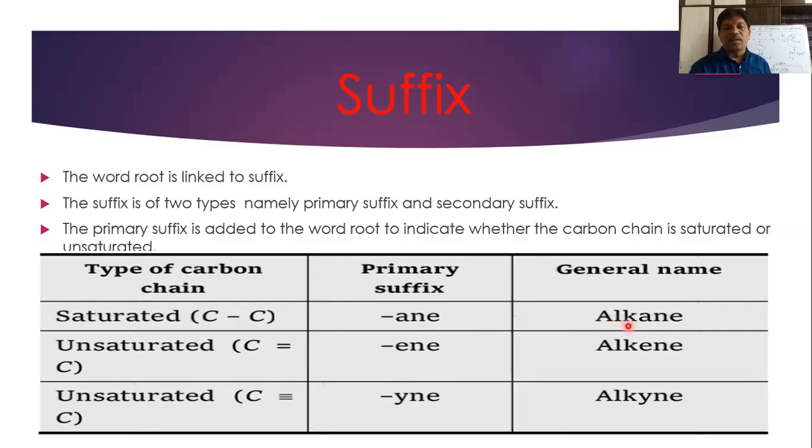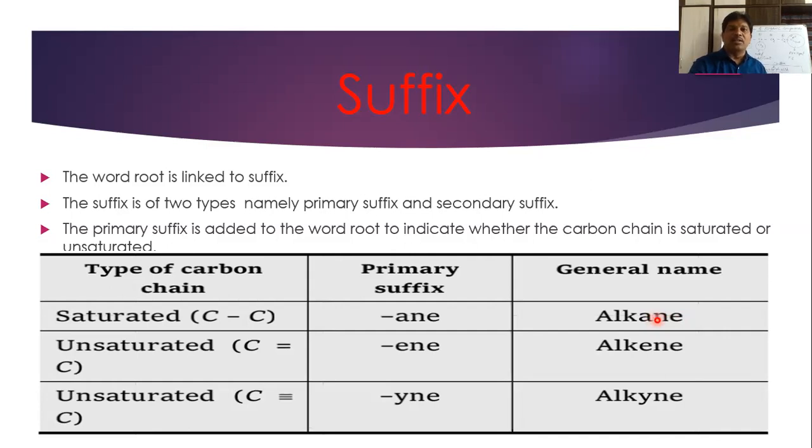For example, imagine the example pentane. Pent indicates alk here. How many carbon atoms? Pent? 5 carbons. The 5 carbons will be linked to each other with which bonding? Single bonds. With single bond, 5 carbons will be linked. Then pentane we say. In pentane, generally PENT, pent will act as what? Root word. And an will be generally 1 degree suffix, primary suffix. Then last letter E will act as what? 2 degree suffix, which means secondary suffix. E will act as secondary suffix. An will act as primary suffix.